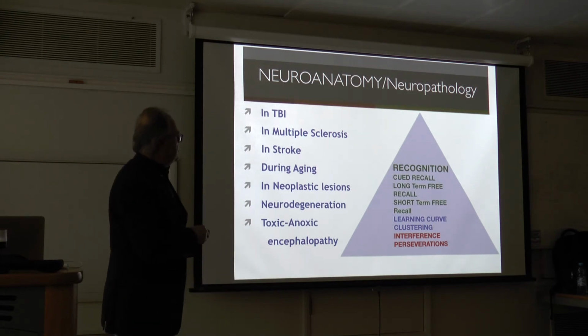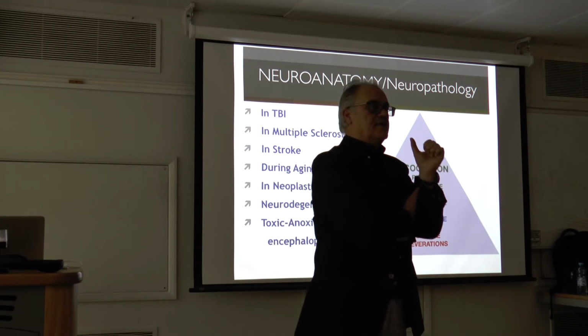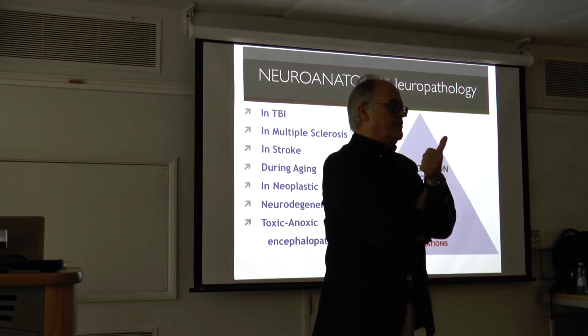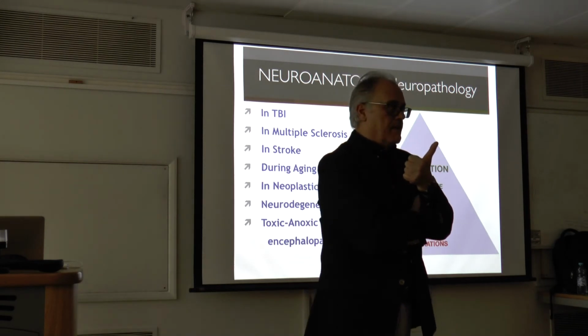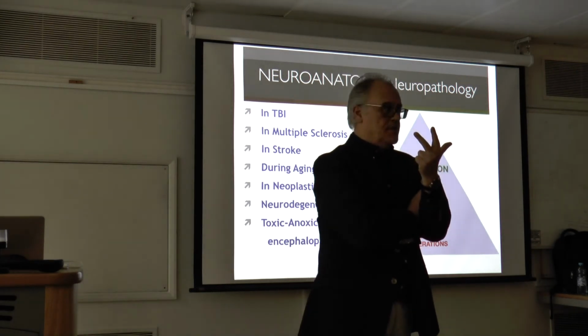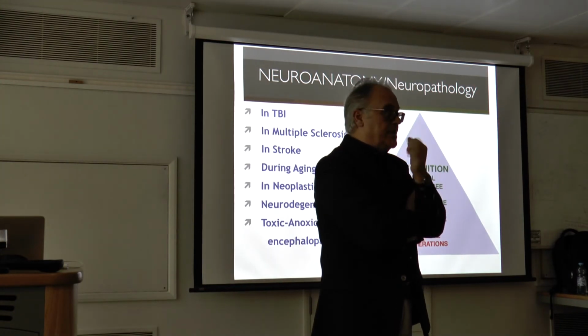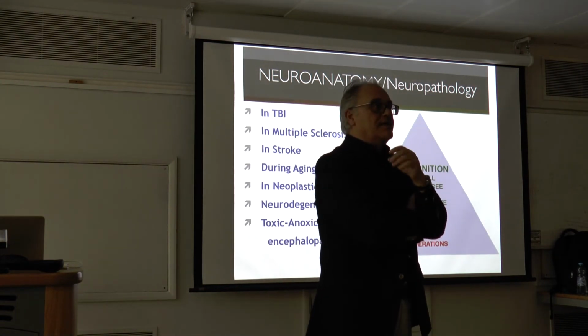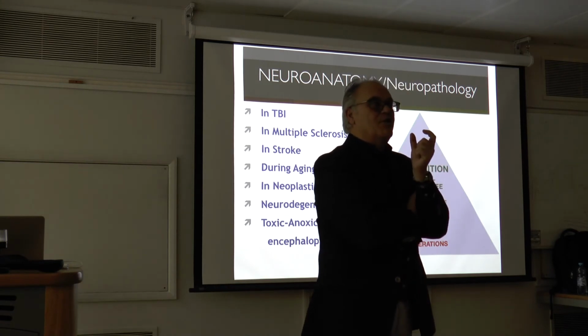Then it is now used in multiple sclerosis, in stroke, during aging. You also need to know that there are several forms. There is a short version with 12 items, which is for aging, so 3 categories, 12 items. There is another shorter version for dementia, with 9 words only. There is a version for children, and there is a version with pictorial